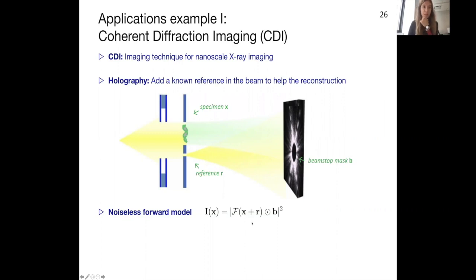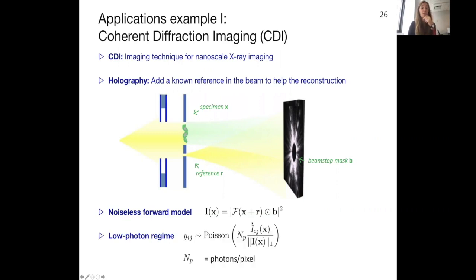So that's the noiseless case. But it gets even more tricky because in practice, one often needs to be in the low photon regime, so only have a very low intensity beam that will go through the specimen. And this means that these measurements will be highly corrupted by a Poisson shot noise that is modeling what is going on in the reception of the photons on the pixels. And there will be a parameter n sub p, that is the number of photons per pixel